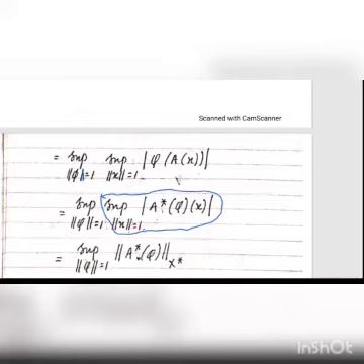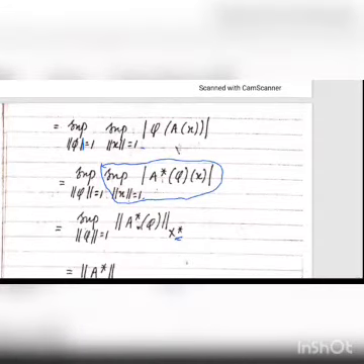Now this is equal to supremum of norm of phi equal to 1, supremum of norm of x equal to 1. This is same as previously we have written. This is same as A star phi of x. So modulus of A star phi of x. Now this is equal to supremum norm phi equal to 1 of this quantity, which will result in the norm of A star of phi. So this is supremum norm phi is equal to 1 of norm of A star phi in X star, and this is nothing but